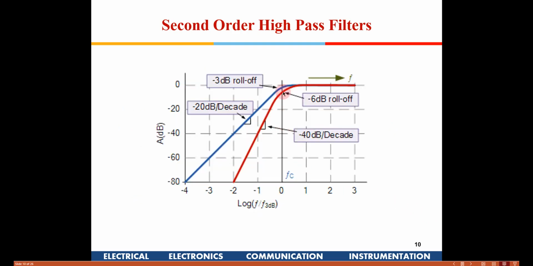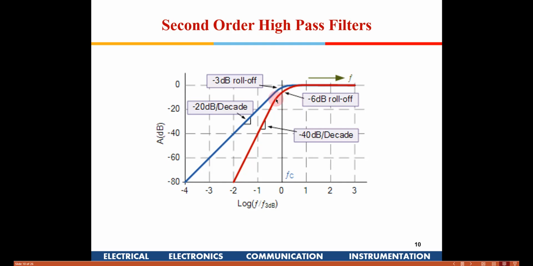Okay, the advantage out here is, if we have a single stage amplifier, the frequency roll off will be minus 20 dB per decade, whereas if I have a 2 stage, then I will have a roll off of minus 40 dB per decade. How is this advantageous? Because it gives me proper selectivity, right? If I have to make a filter which will allow certain frequencies above a certain value to pass through, and then reject the frequencies which are below that.